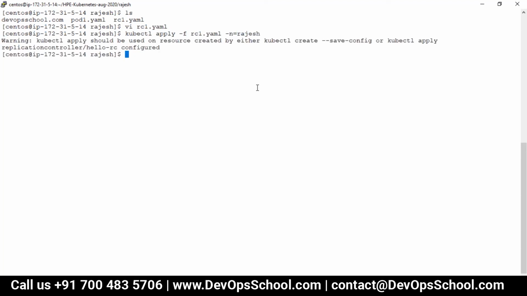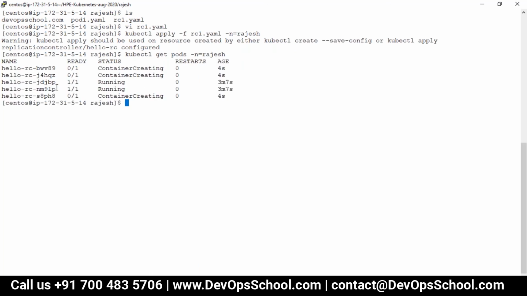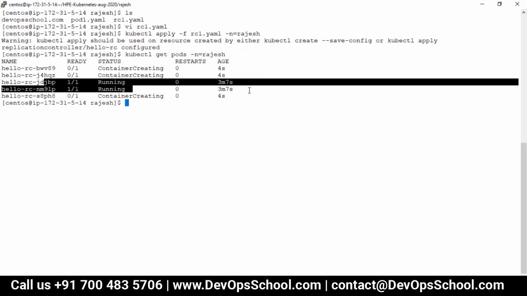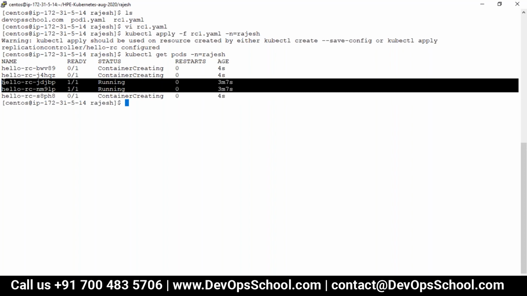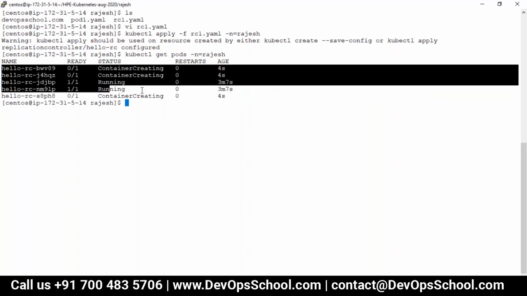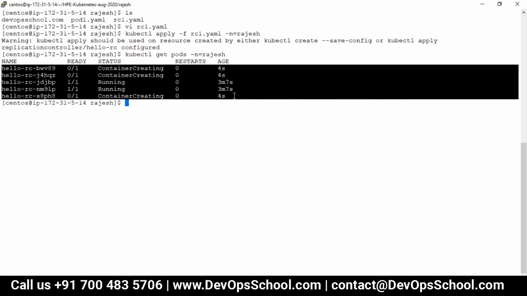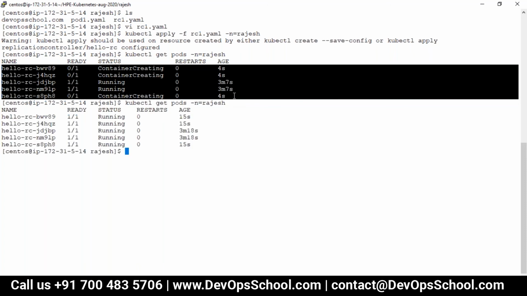And guys, you see here, can I see the number of pods? See, from the 2 immediately you got 5. So the one which was running is still running, no problem. But it created 3 more. So here, see, all 5 of them are running. So now I got the 5 pods immediately.